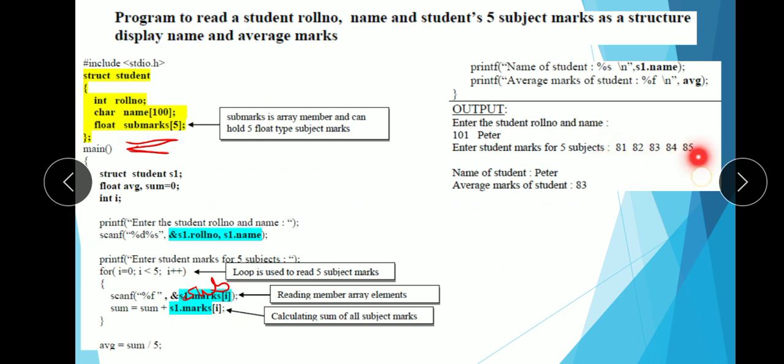First the sum will be calculated, then the average will be calculated. Finally, we are going to display the result as name of student is Peter, average marks of student is 83. I hope this is clear.